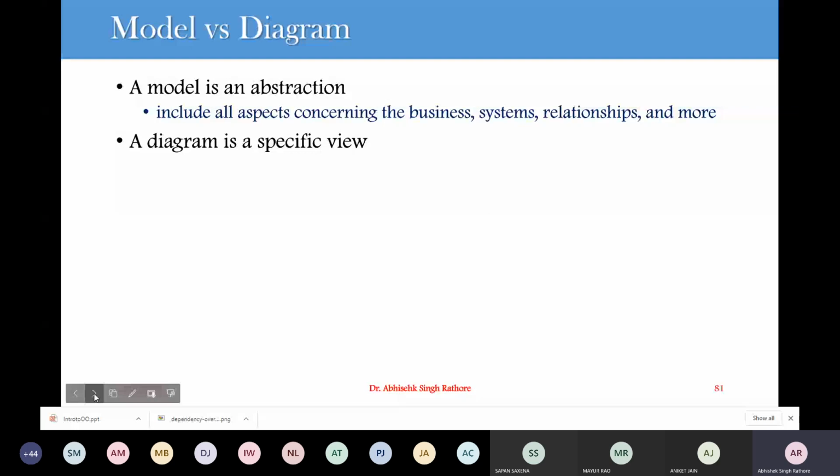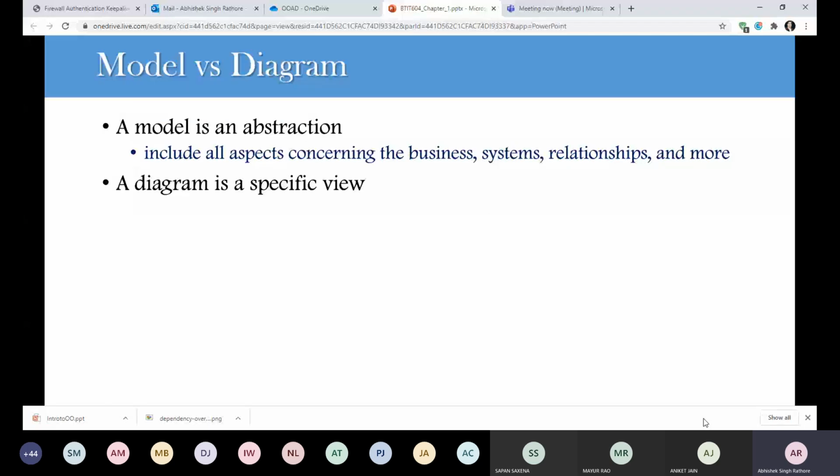For example, if I am modeling a navigation system for a vehicle, the system model will represent all parts of your whole system, the entire system. When we are going for a specific diagram, it just contains the elements that deal with, let's say, the map or the error correction techniques or the navigation satellite and so on. So we are having different models and different things here.